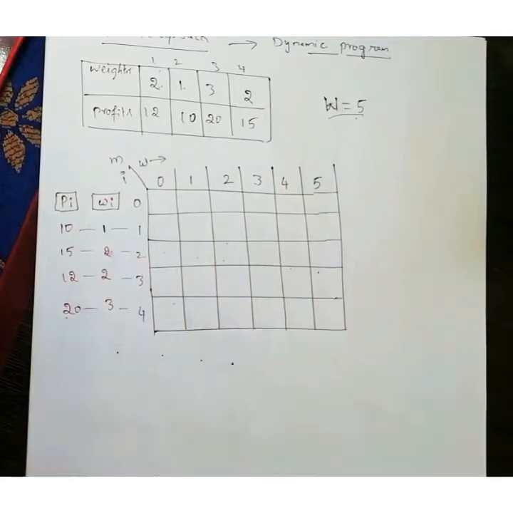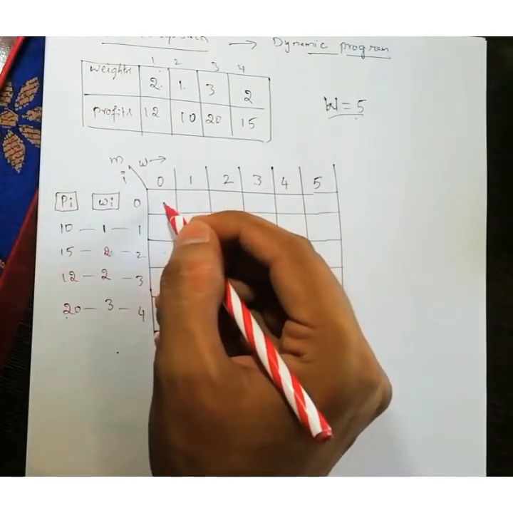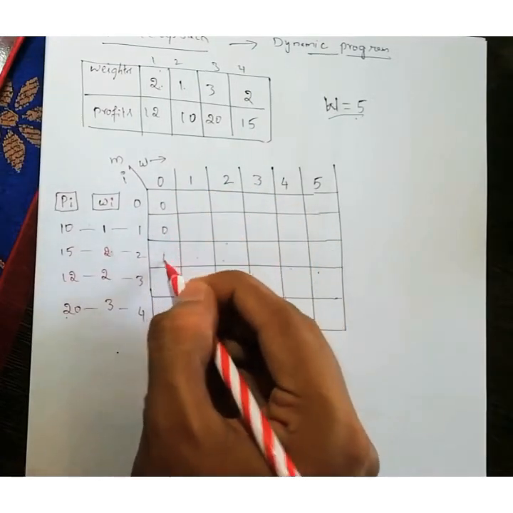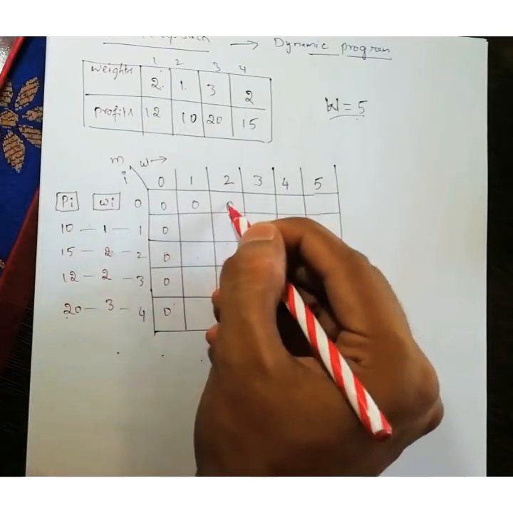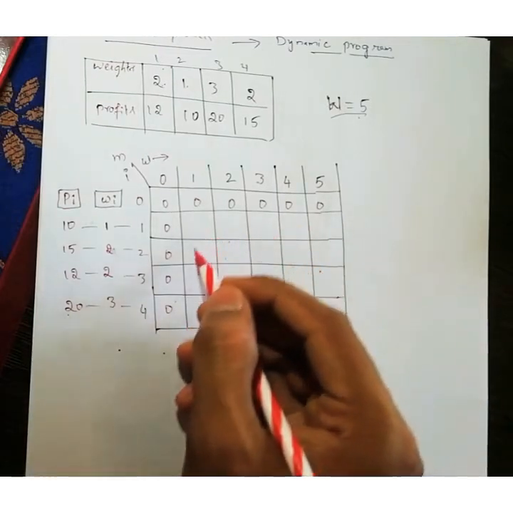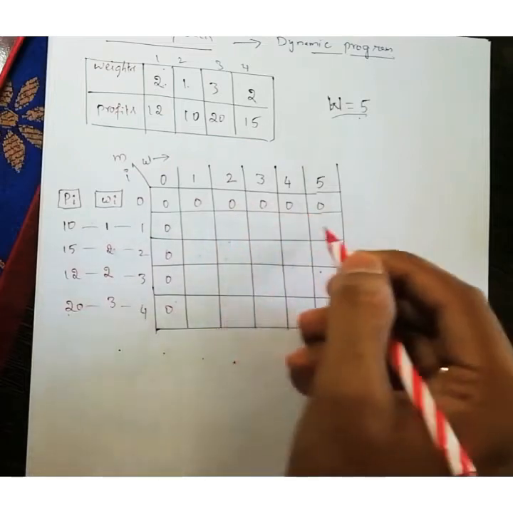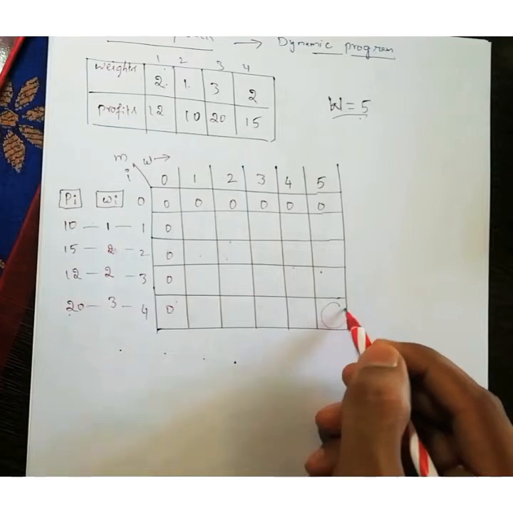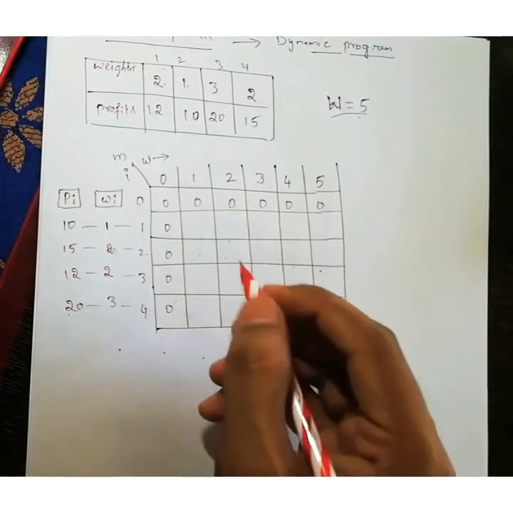Now, the first stage. In the zeroth column the bag contains 0 weight, so I can't store any elements, so I will put zeros. With 0 items I can't store anything either, so the 0 row is also zeros. This is the first step. Next, I want to find the values of this table. Finally, after solving all this, the value we get in the final stage will be our maximum profit. Now see how to solve this.